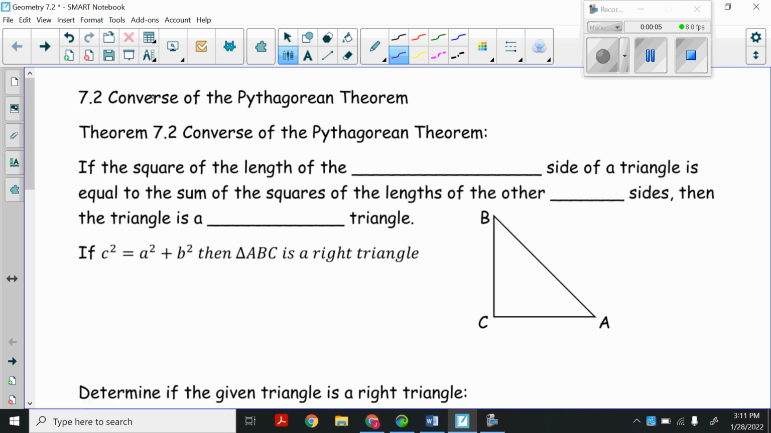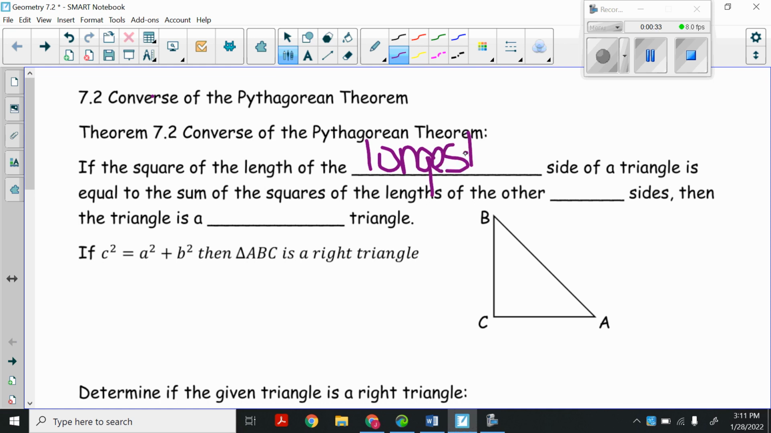Right, today in geometry, we are looking at section 7.2, which is the converse of the Pythagorean theorem. Remember, converse simply means we trade places with the hypothesis and the conclusion. So if the Pythagorean theorem is, if it's a right triangle, then a squared plus b squared equals c squared, right? Then the converse says if the square of the length of the longest side